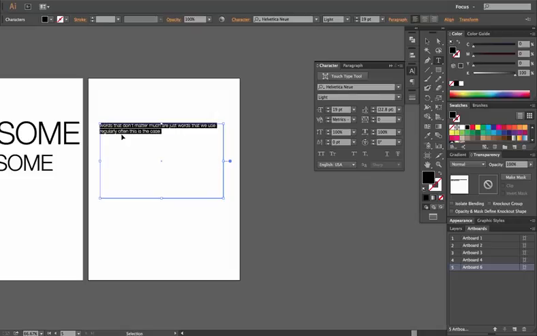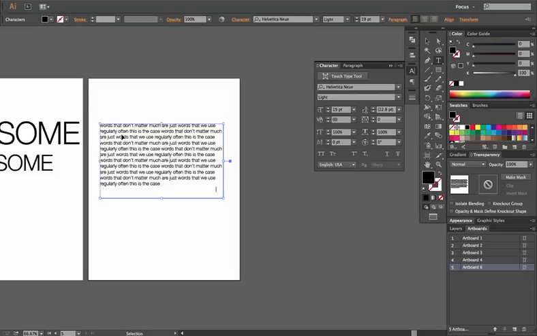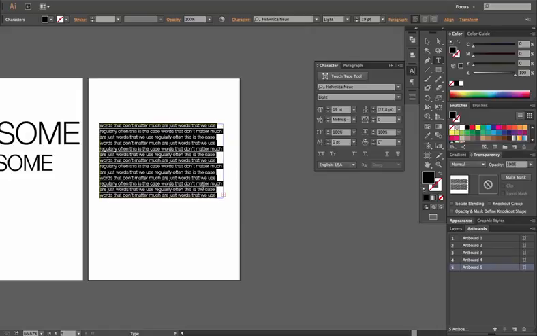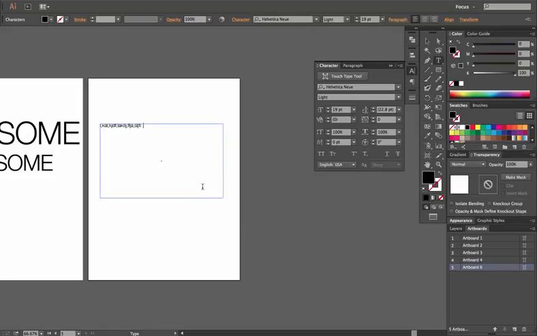Just type anything. You can go to the Lipsum word generator if you need to. We just want to type whatever words we have, so we can get them to hyphenate and break